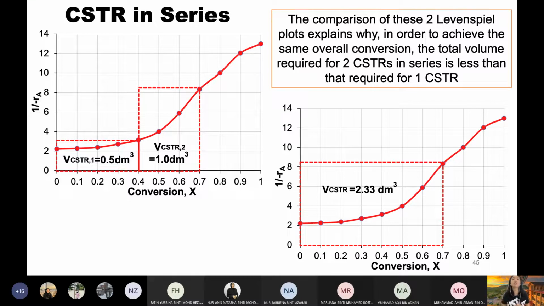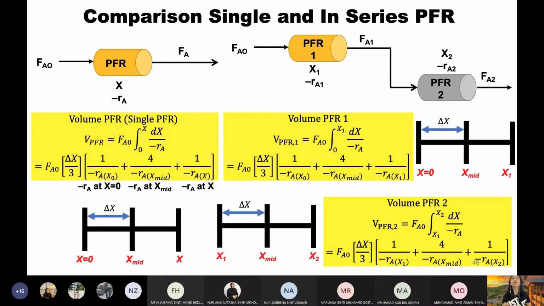Okay, so that's another alternative that you need to know, why this knowledge is important in the design of reactor. Not necessarily you need to use one large reactor. You can actually run the same reaction, getting the same overall conversion if you break it down into two smaller reactors connected in series. Okay, so that's what this lesson teaches you about why we learn reactor in series. Okay, so done on the CSTR.